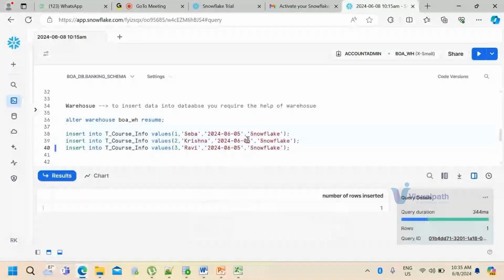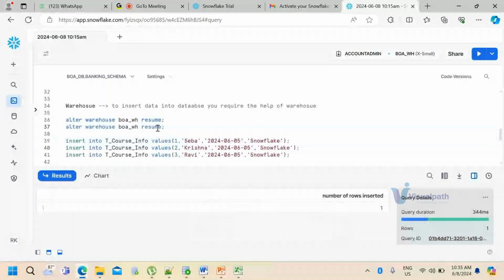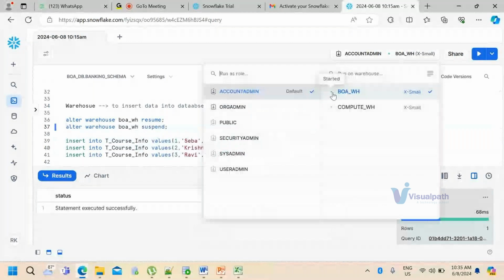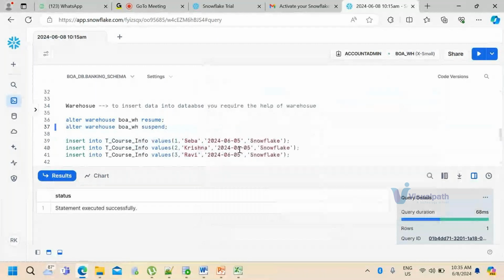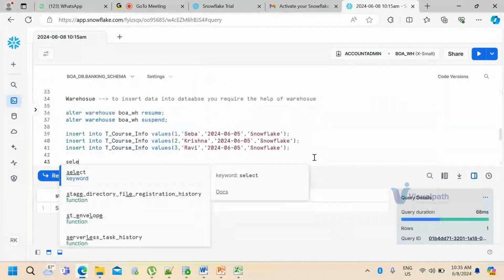I'll tell you the reason. Done. Now can you see the status here? It is suspended, right? Now I would like to retrieve the data from the database.